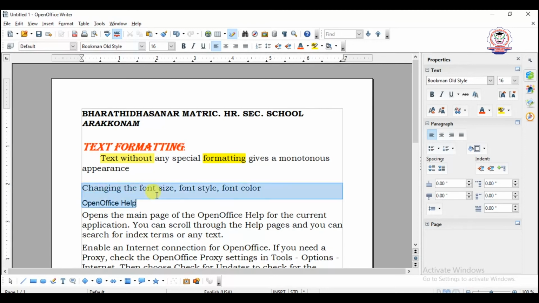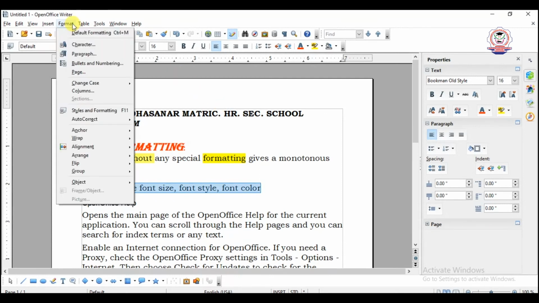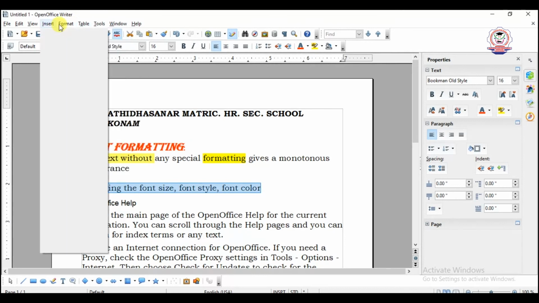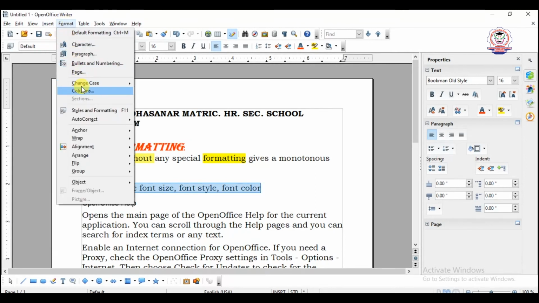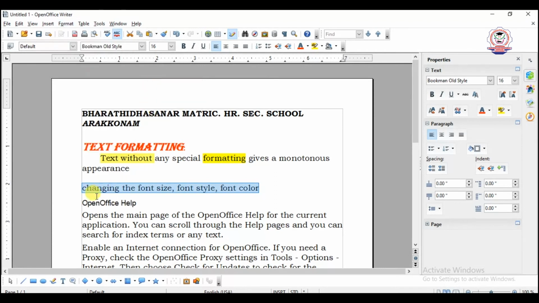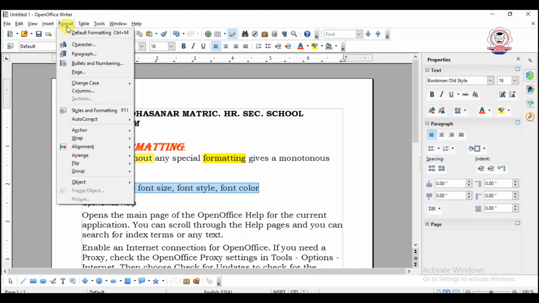For example, I want to change the case. How can we change the case? Uppercase, lowercase, sentence case. You can use the Format menu and select the option Change Case. In this, lowercase means all the characters are in small letters.